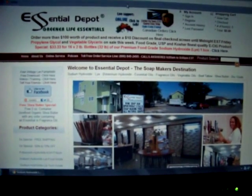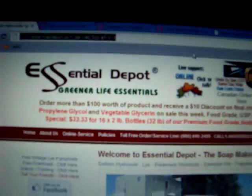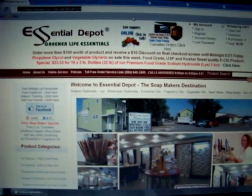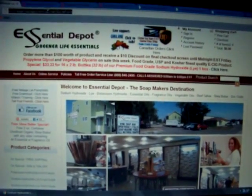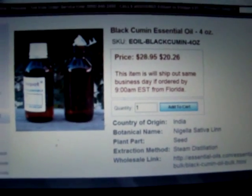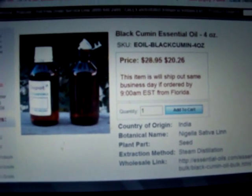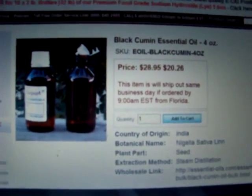Hello, today we are testing Essential Depot's Black Cumin and cinnamon essential oil, and I'm going to use their Black Cumin. Oh, let's see, no thanks on that. There we go. It was their little chat box. I just love it. You can talk to an operator through the chat box. Anyway, this is their Black Cumin essential oil, and it's on sale right now for